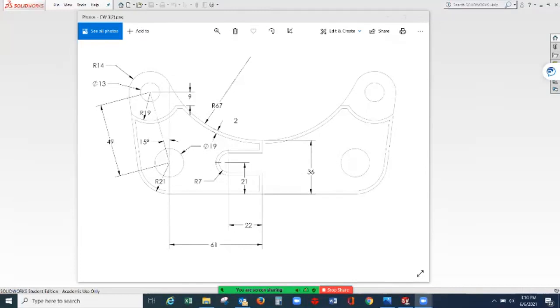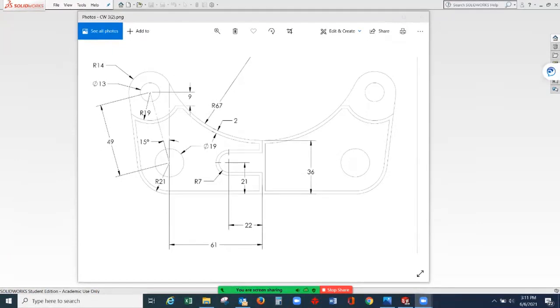Then after it, we can project one construction line or center line vertically and at an angle of 15 degrees, and continue drawing the circles with a radius of 14 and 13, giving the center point 49 millimeters away from this center point, the below circle. And then continue following the drawing of a series of lines and arcs to complete the given geometry.